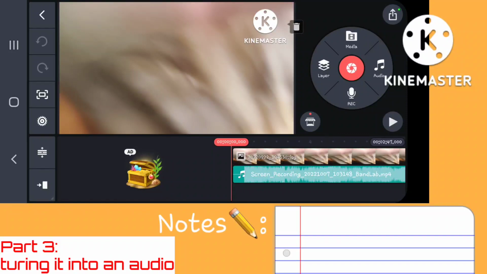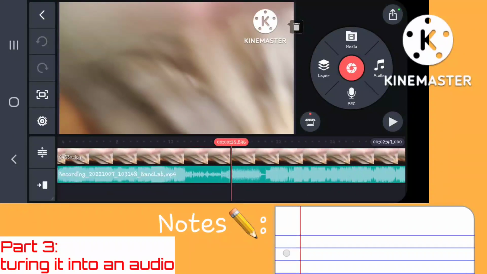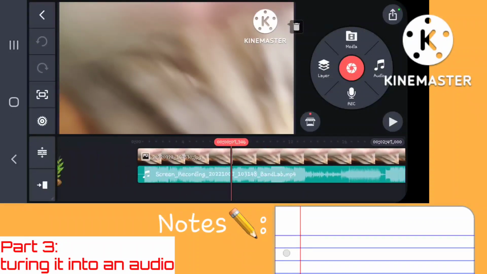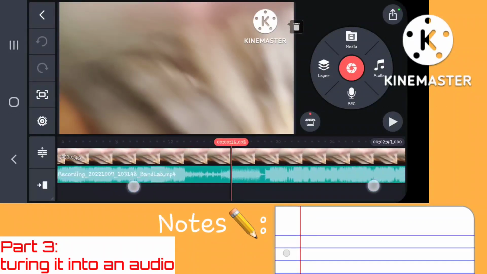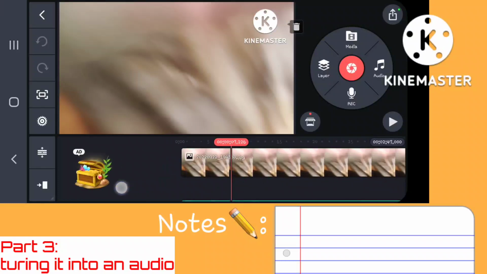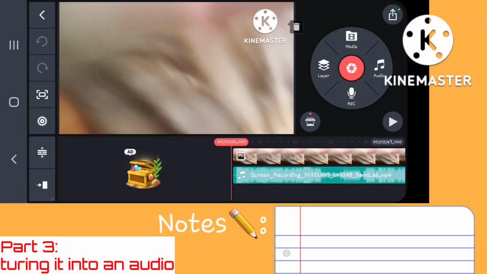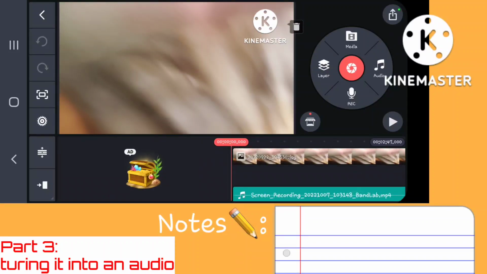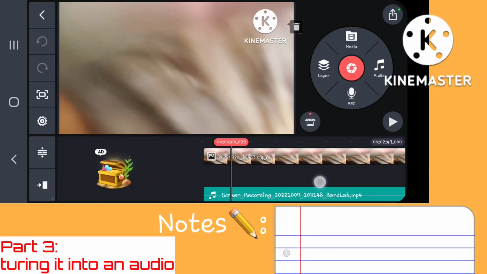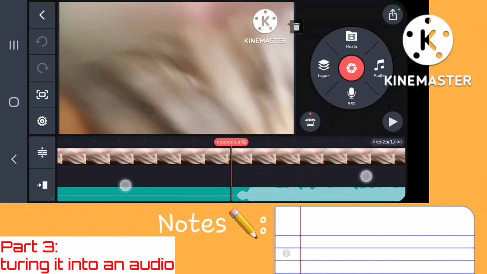Alright, now for the final part of making this song. Once you're done with the Bandlab stuff, adding the final effects, just screen record that and put it into Kinemaster and do what I showed you earlier. We can extract the audio to see the wave shape, and also, this track was just weird for some reason, I don't know why, but usually you'd want the beginning of the